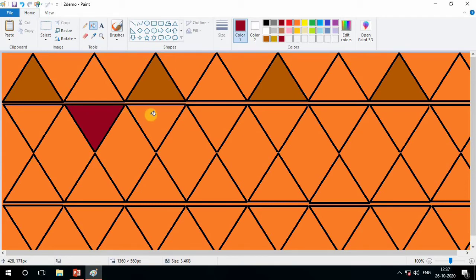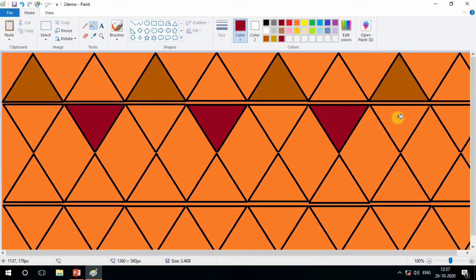Now see the third one, we cannot fill here, so skip it and come to the fourth shape. Now come here, fifth one, skip it. Now the sixth number, fill it.